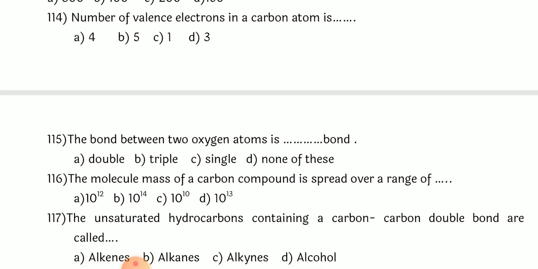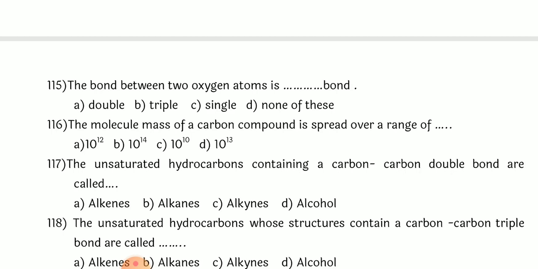The bond between two oxygen atoms is a dash bond. Oxygen's atomic number is 8. First orbit 2 and last orbit is 6. So to get 2 electrons more, if it is taking the help of another oxygen atom, they will share two electrons with each other. If the sharing of 2 electrons is there, a double bond will be formed. If the sharing of 1 electron is there, a single bond will be formed. And if the sharing of 3 electrons is there, then a triple bond. So oxygen has the double bond, option A.